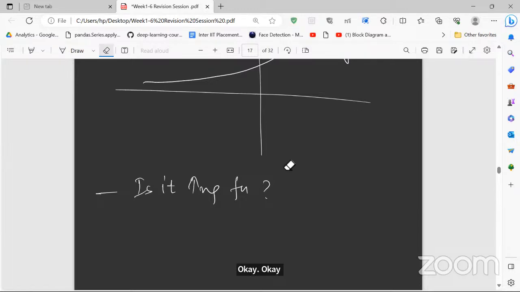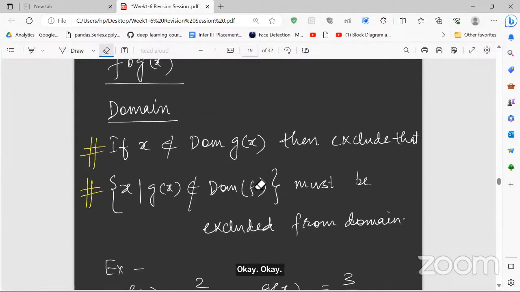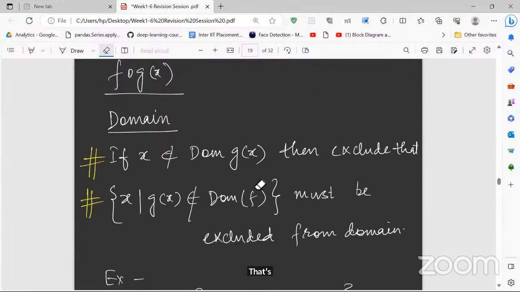Let's come to this composition function. I guess the left part is the composition function, and you should also know how to solve this equation. How will you calculate the domain of f of g function? I explained this in the last session, but I'll discuss it again. For any function f of g, you have some f function and g function, and you have to calculate the domain of f of g. How will you calculate this?